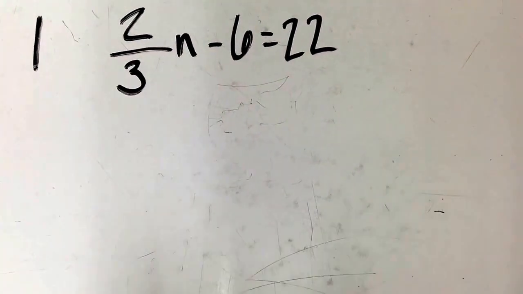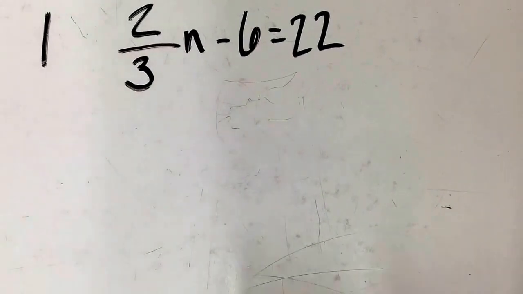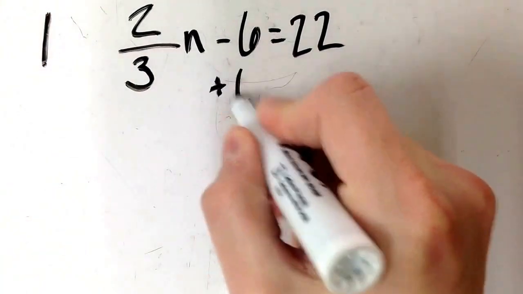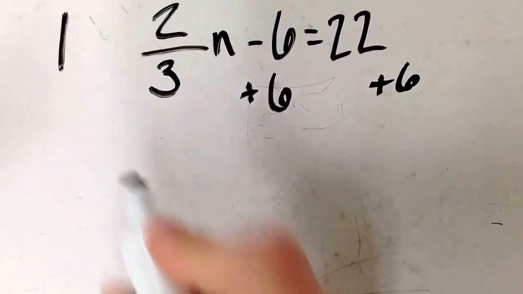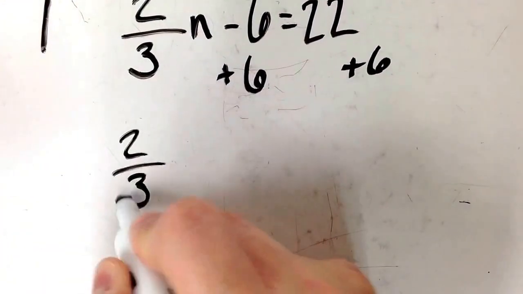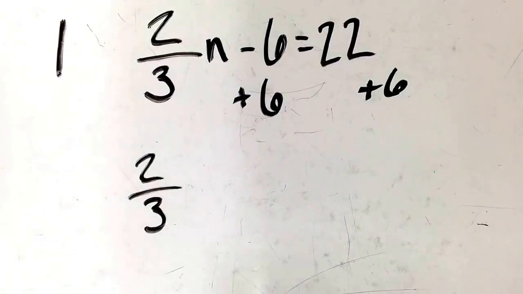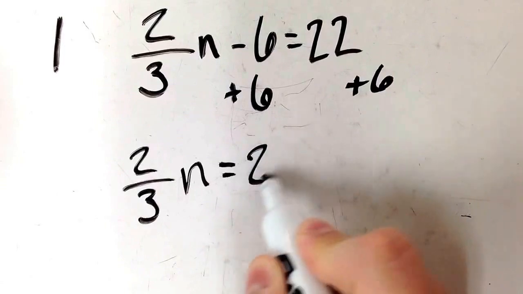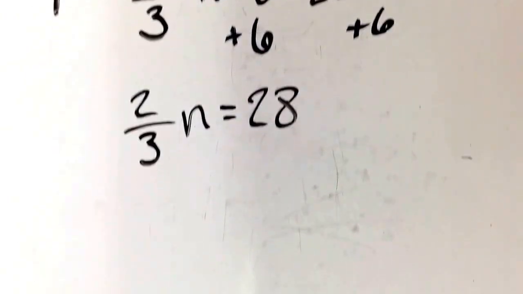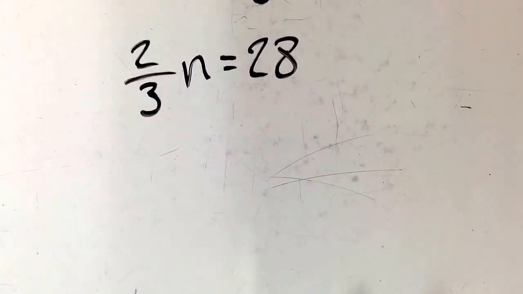equal sign. So to start things off, remember I work backwards, so I'm going to add 6 to both sides before moving on to my next step. So carry these down: 2/3 n, minus 6 plus 6, that cancels out, equals 22 plus 6 to get 28. And so my next step is going to be